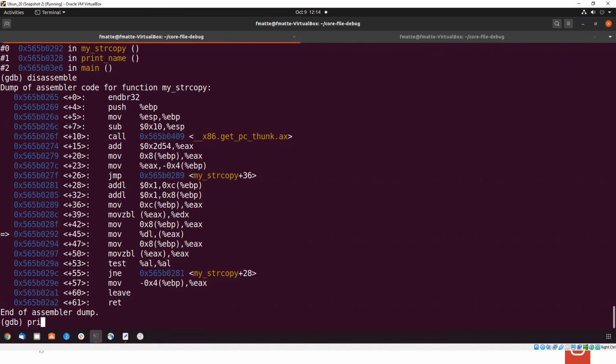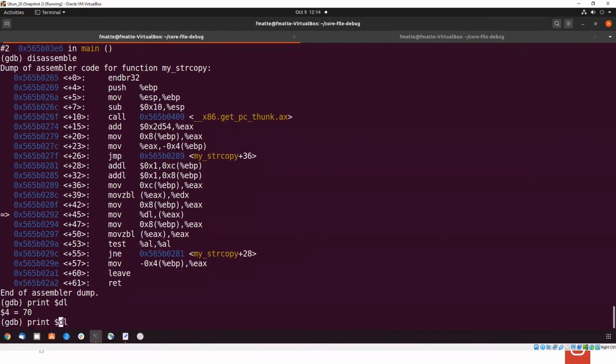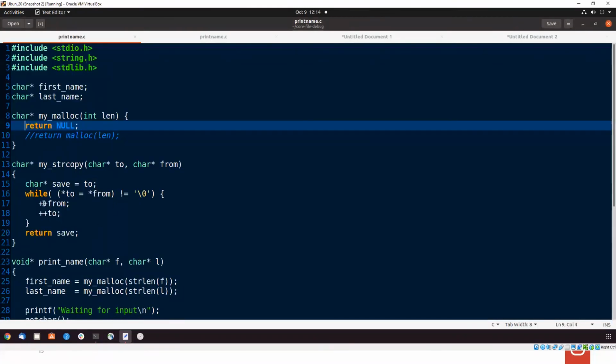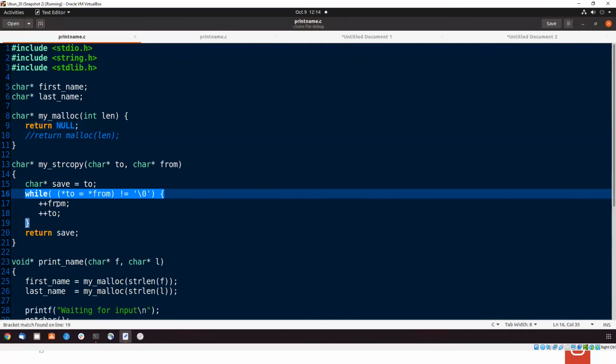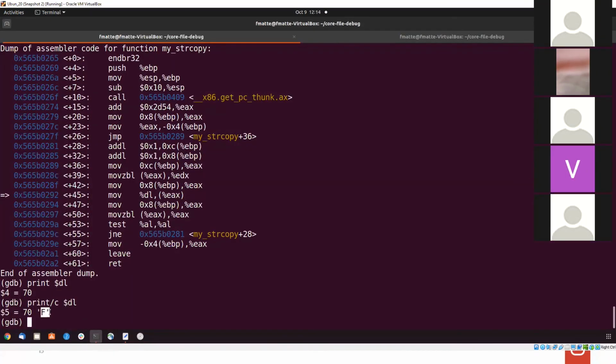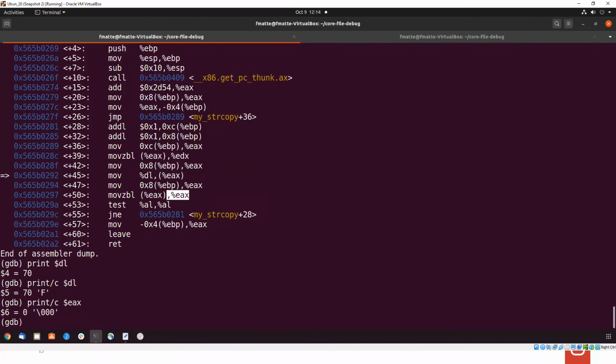I can examine them, like print $DL. It shows the destination has some value. It should be a character, because I'm doing a character by character copy in my while loop here. So when I'm trying to copy F, that is what it shows here. We are trying to copy F where? Into EAX. What is the EAX value? EAX value is 0. It is a memory 0th location, and this percentage here indicates